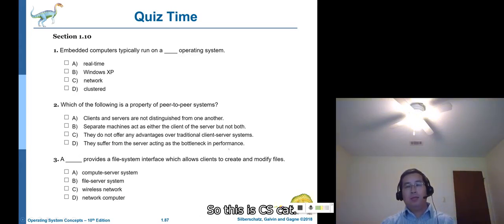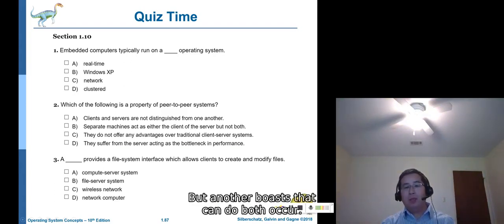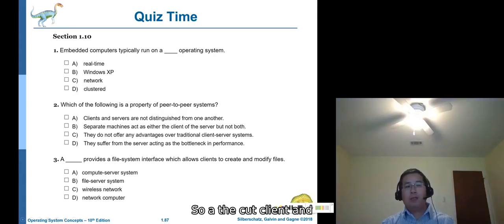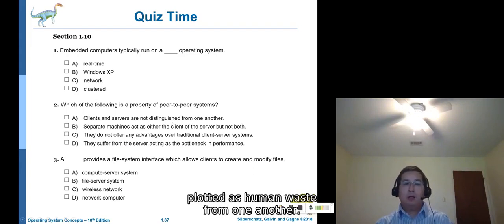So this is client-server. This one is not right, they do offer some advantages. Separate machines act as either the client or the server, but not both? They can do both. Okay? So A is correct. Clients and servers are not distinguished from one another.